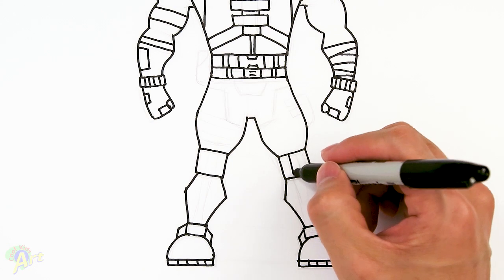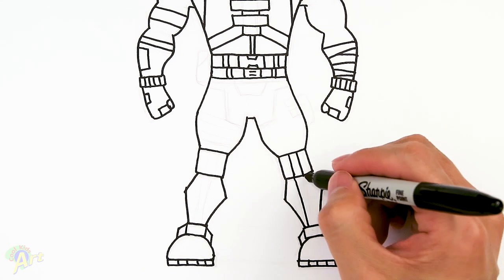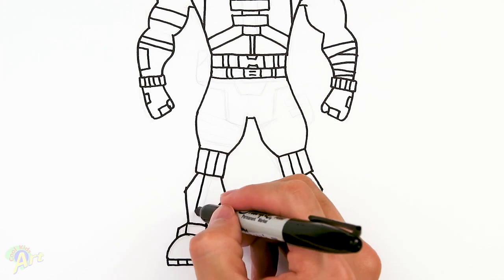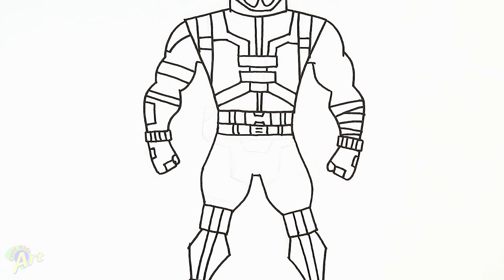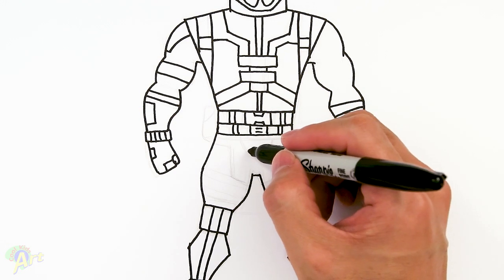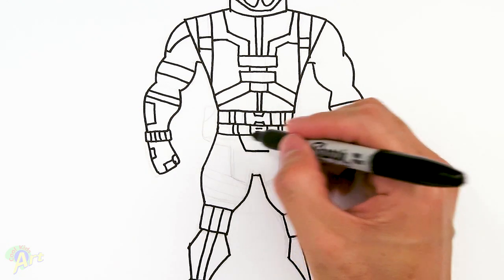All right, so let's finish the armor here. So this one's easy. We just draw two lines here, and then we just kind of continue this line all the way down. Okay, so then let's see for the details on his pants, which is pretty cool. So this is part of the armor here. You can come in the middle, you can just draw a line across and then just slant it up toward